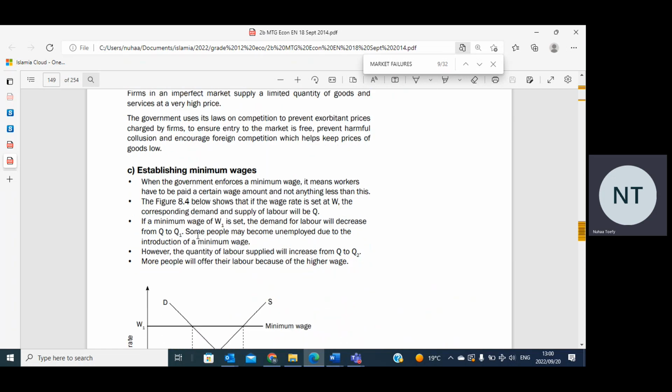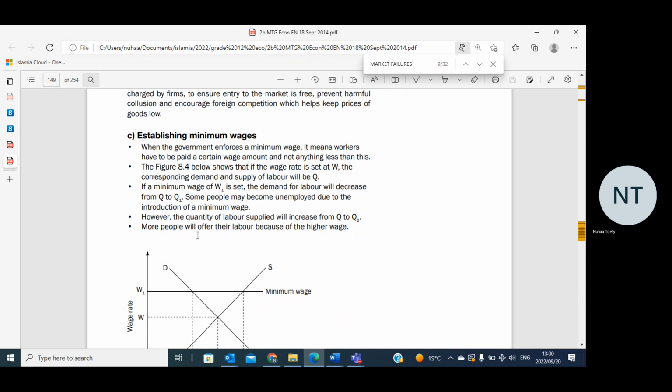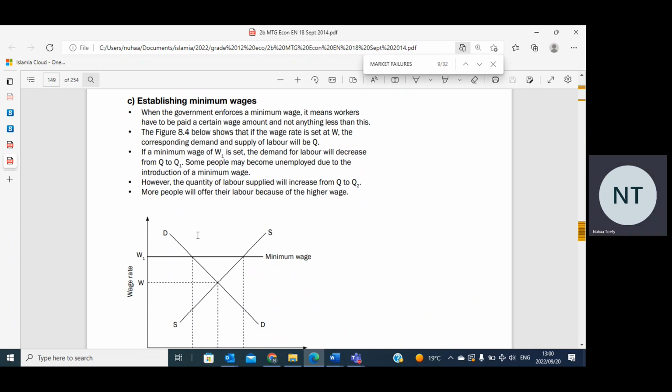Okay. So the next one is establishing minimums. The government will enforce a minimum wage. I think we all know what the minimum wage is. Sometimes, if companies are left to themselves, they would pay workers very, very little. So the government implements a minimum wage so that workers are not exploited, and also to correct the imbalances of the past, as well as a form of income distribution and wealth distribution. You will see that one of the reasons for market failure is the unequal income distribution and wealth distribution.